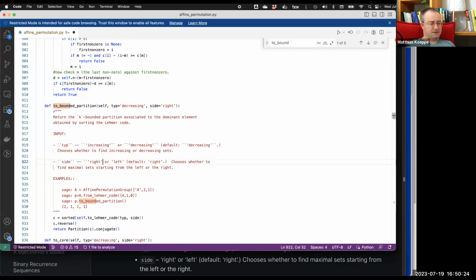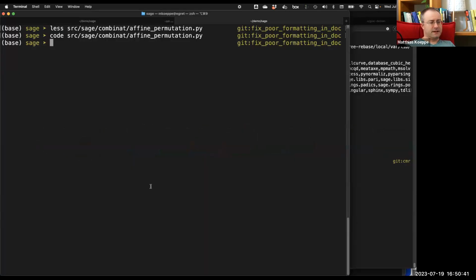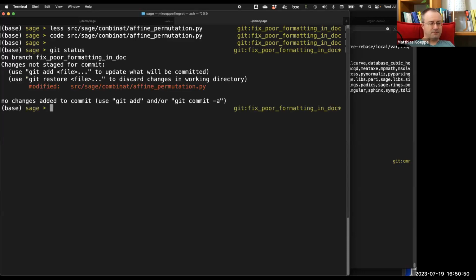It's, of course, a very boring change, but we can do it. Okay, there we go. We save. And now I'm stopping to pretend that I use VS Code, and let's return to the command line and just look at the status now, what happened here. So Git knows that we modified this file, and so I can just commit this file